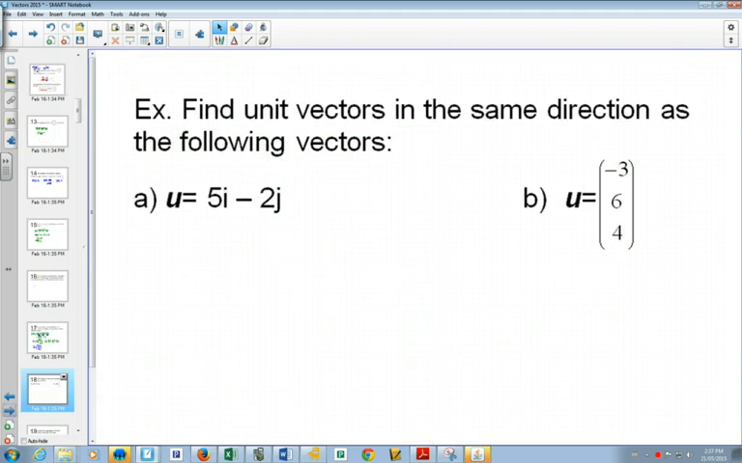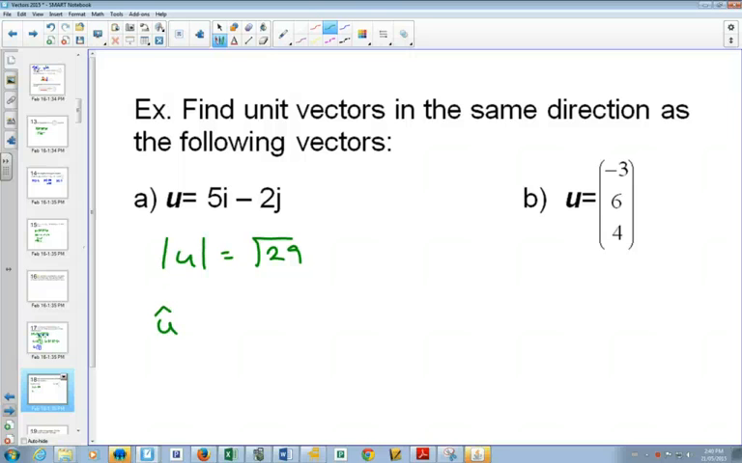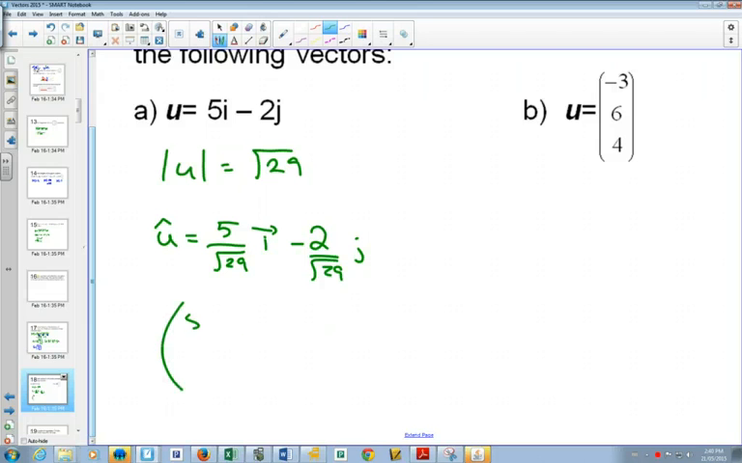So try these two. All right, did you find that the length of u was the square root of 29? And that the unit vector for u then would be, well, one way to write it would be 5 over root 29 i minus 2 over root 29 j. Or you could write it like that, or